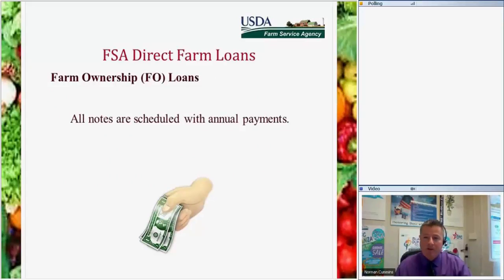And for payments, unlike a bank that is normally monthly, we schedule our payments annually. We understand that if you start a crop, you're not going to have money to start paying the note the very next month. We can extend it up to 18 months. So on a certain date, yearly, the date that you close the loan, you'll be required to make a payment. That's something you'll talk to the loan officer about. But we can play with it a little bit as far as the first few loans and just pay the interest instead of the principal, especially if you're doing grapes or something that takes a little bit longer than just an annual type crop.